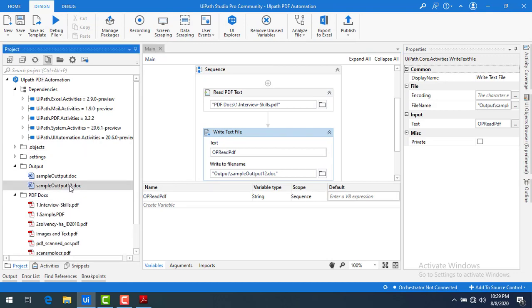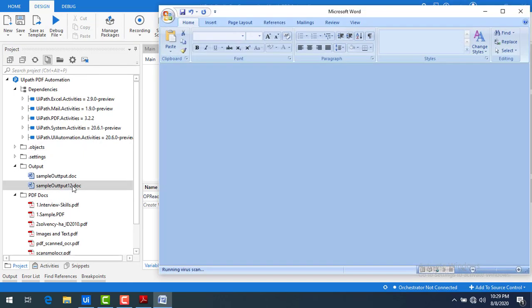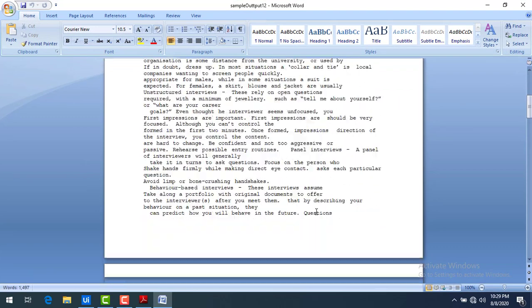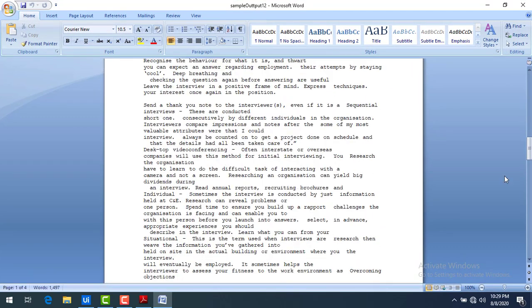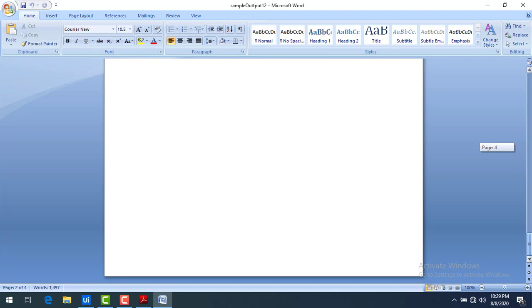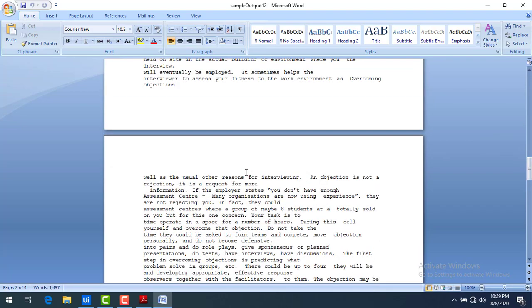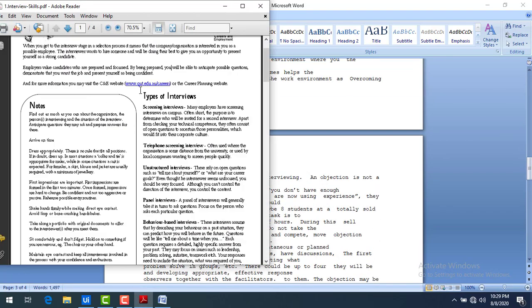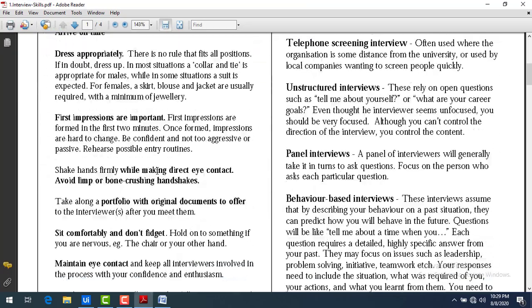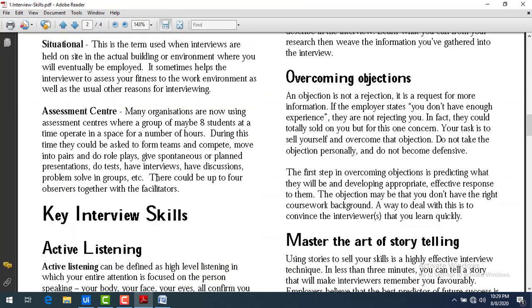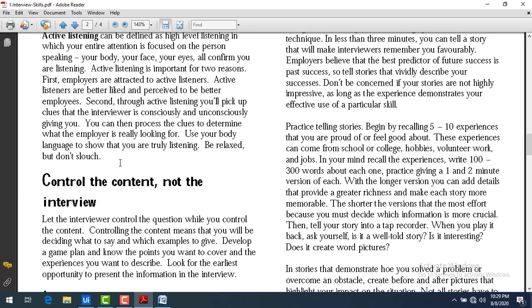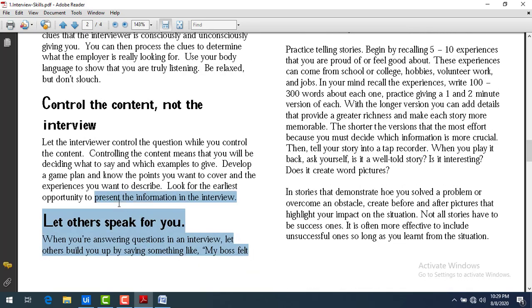Now if you see, I got one more output over here. And you can see I don't find all the pages, only 1 or 2 pages are found as an output. Because this is not the input. The input is this one. You're going to read only 2 pages. Out of, you can see, I have 4 pages. Out of 4 pages, you read only 2 pages, up to here only.